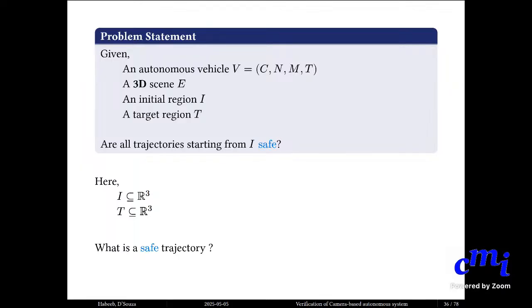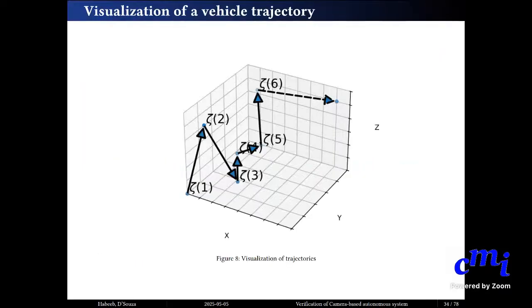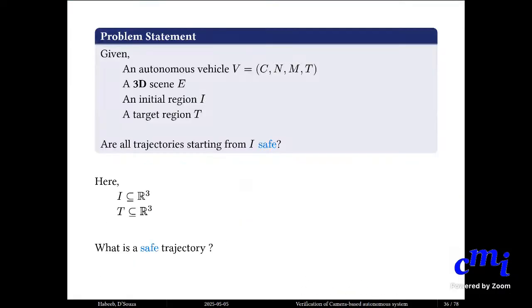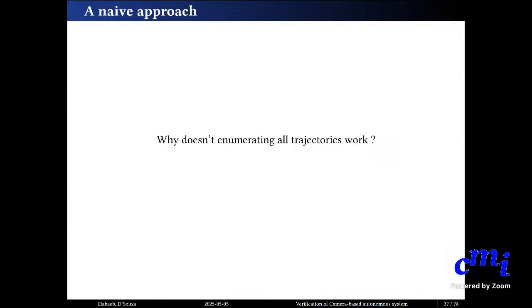oh, we can enumerate all the trajectories, but that is because you're starting from a region with an infinite number of points, and the target region has an infinite number of points. How are you going to do it? You could do exactly that, and therefore then you say, let's for a moment assume that there is a camera model, okay,